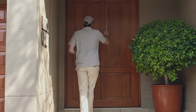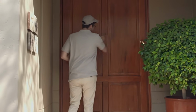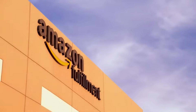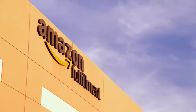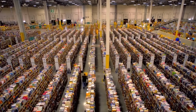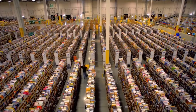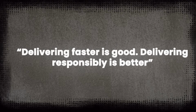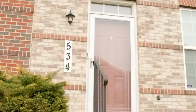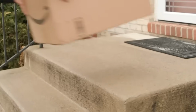The final note in the delivery song isn't a knock at the door. It's the blend of efficiency, sustainability, and customer care that makes the entire machine not just fast, but forward-thinking. As one Amazon sustainability lead put it, "Delivering faster is good. Delivering responsibly is better." So the next time you see that smile-shaped logo on a box, remember, it's the result